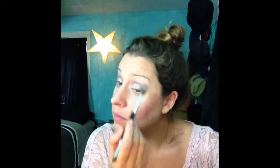And then here you see me going in with the lightest pink color from the Walking on Eggshells palette, just to highlight a little bit on the brow bone and the inner part of the eye, and then just to blend the crease in a little bit. I have a very hooded eye, so my eye crease actually goes into my eye, so I have to extend it a little bit so that you can see it when my eyes are normal and not